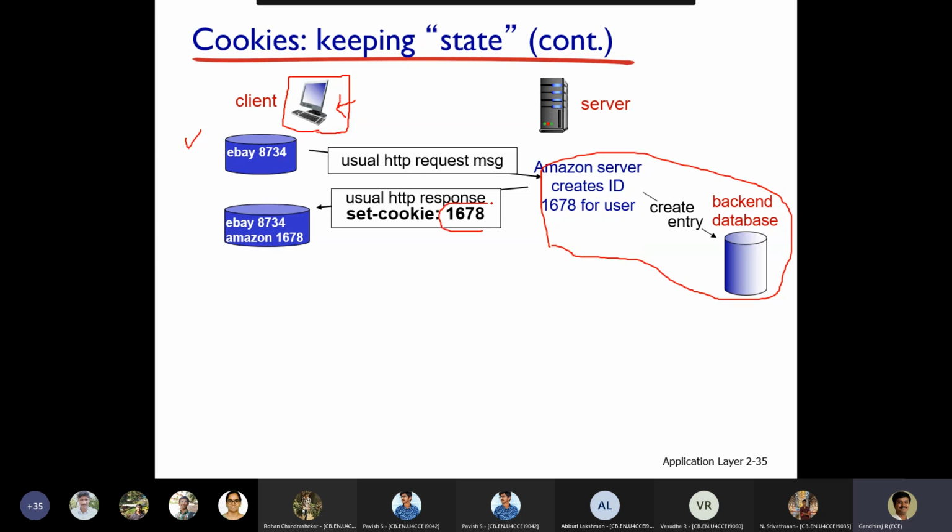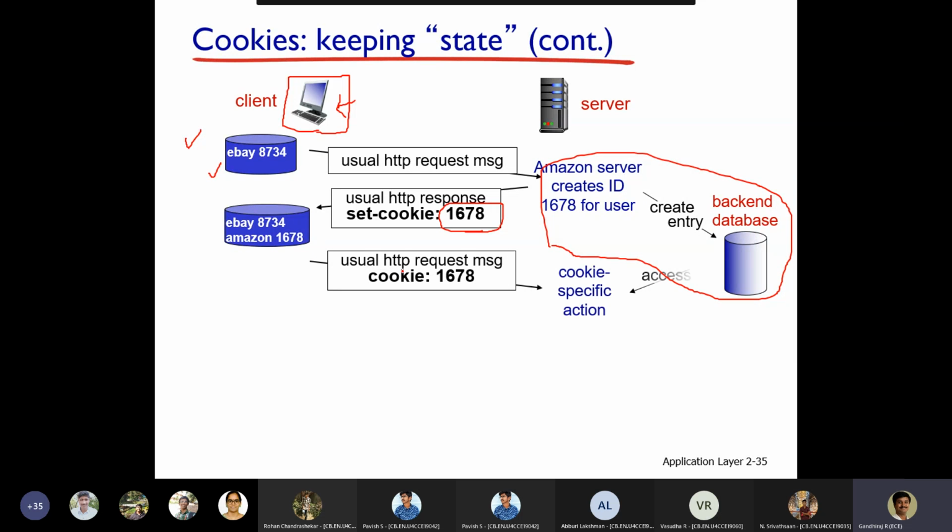So for that, the ID is created, then the server will respond with the set cookie. It will initialize in the backend, some module also will come, set cookie. In the cookie, it will respond with 1678. Whenever the next usual HTTP request message goes from the same system, that earlier preset value of 1678 will also be sent combined with the regular request by the client.